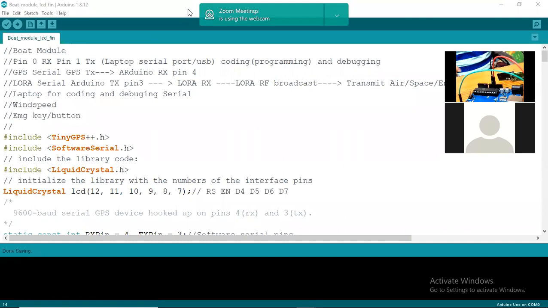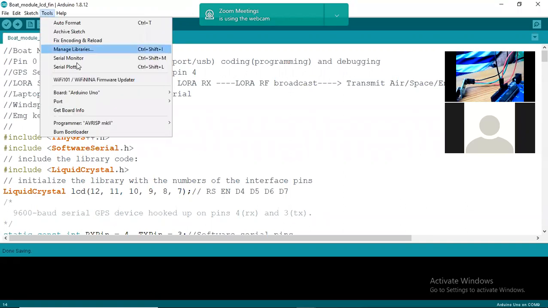I'll just connect it. What is the job of the receiver module? Just to receive the packet, decode it, and display it on the computer of the base station people.